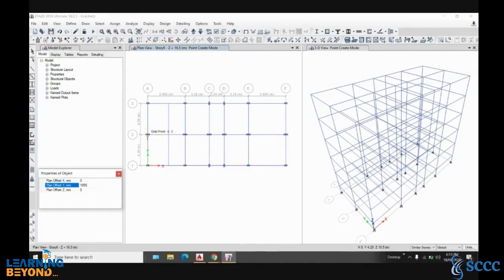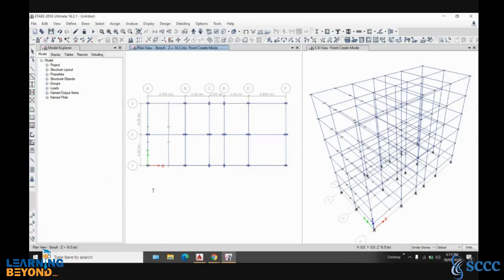I will click on this point, then click on this point. Then I will go to minus 1055. With respect to this, it will be in the minus direction. So click on this and click on this.